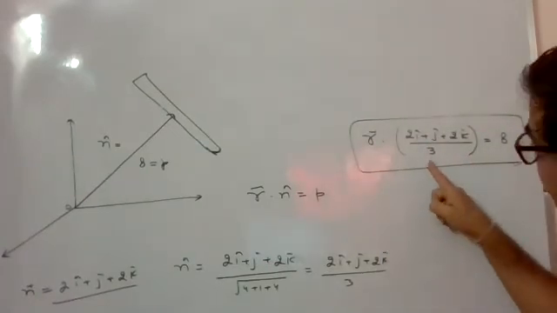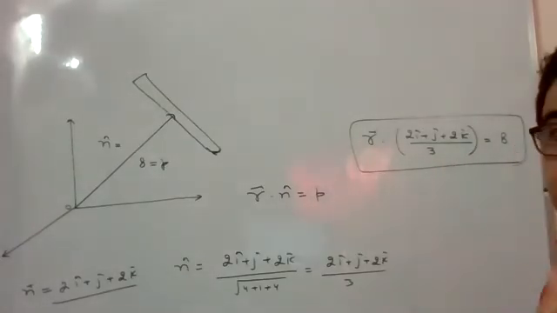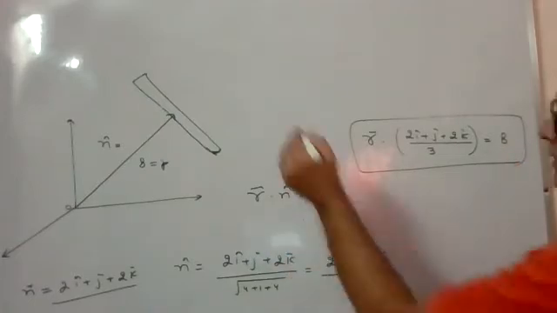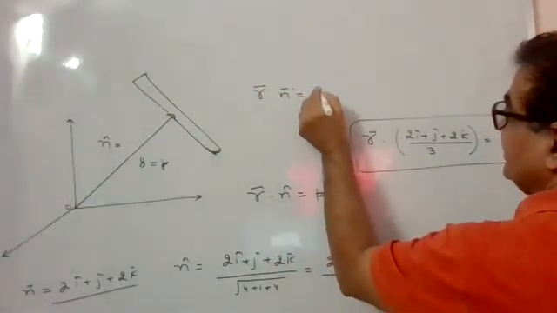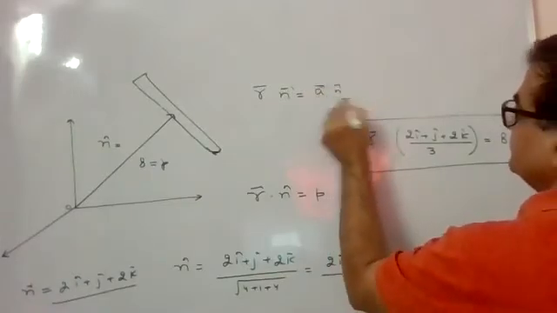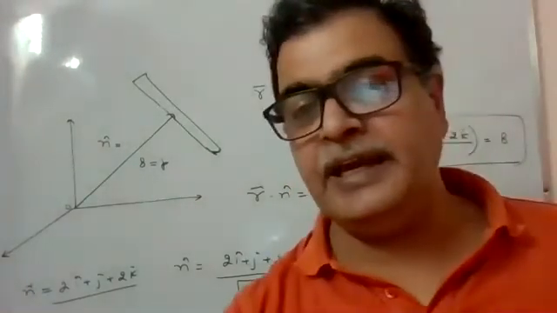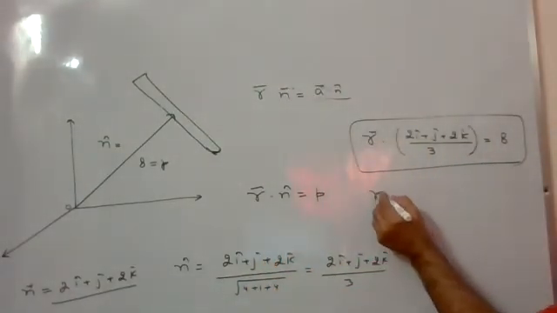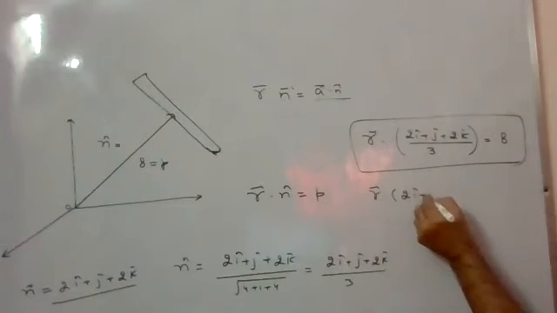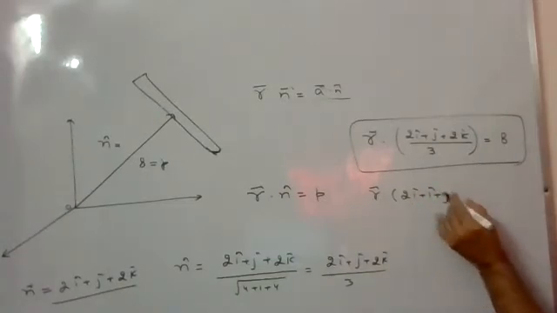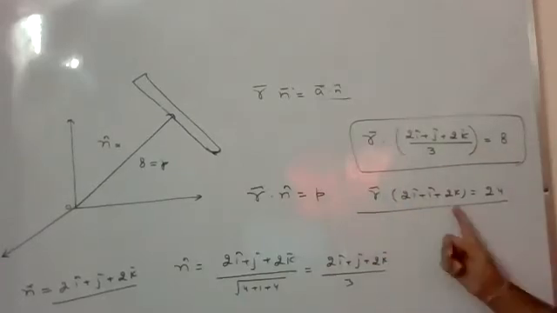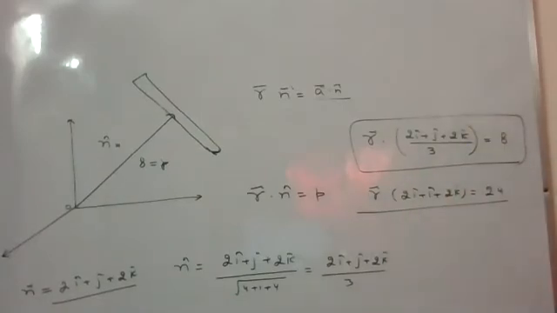एंड बाय द वे इफ यू टेक दिस 3 दिस साइड, तब ये नॉर्मल फॉर्म नहीं रहेगी, क्योंकि आपका ये p नहीं रहेगा। तब ये फॉर्म बनेगी r डॉट n इज d, d मींस a डॉट n। तो अगर आपका ये 8 आपने उधर शिफ्ट कर दिया तो ये आपकी नॉर्मल फॉर्म नहीं रहेगी। लेकिन उसने कहा है इक्वेशन लिखनी है, तो आप इक्वेशन ये भी लिख सकते हैं r dot 2i plus j plus 2k equal to 24. This is also the equation of that plane. इसमें ये नॉर्मल फॉर्म है, ये आपकी वेक्टर फॉर्म।